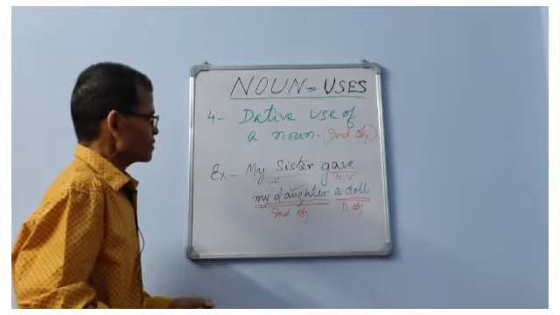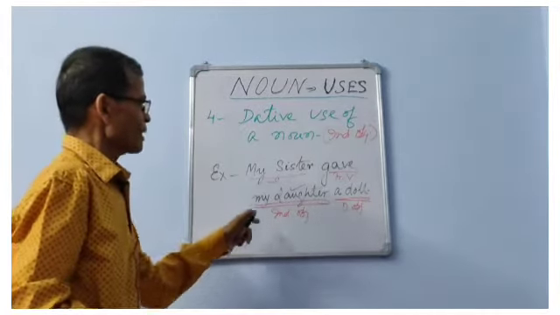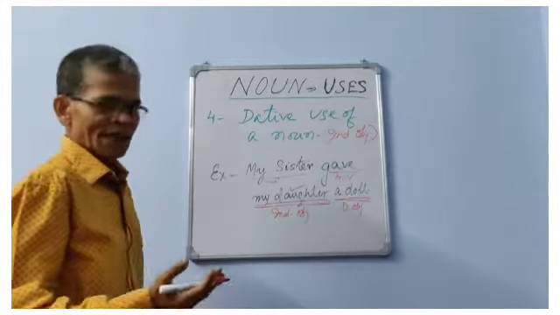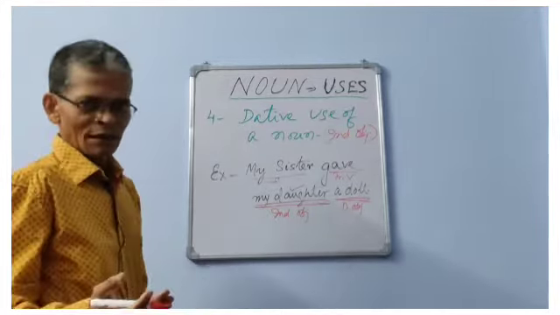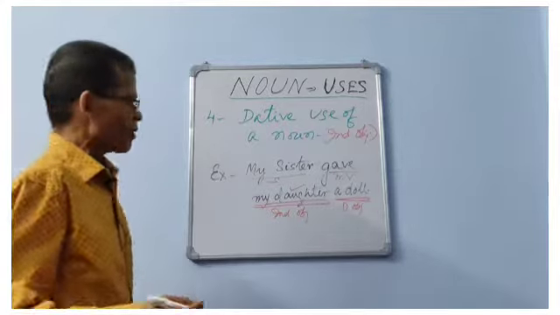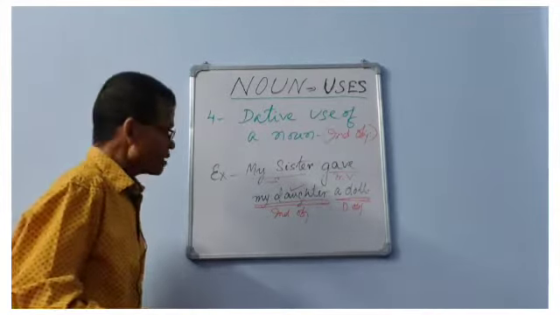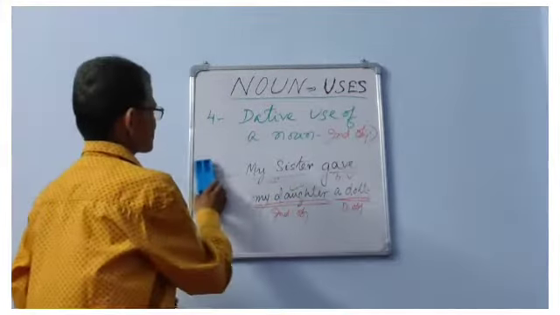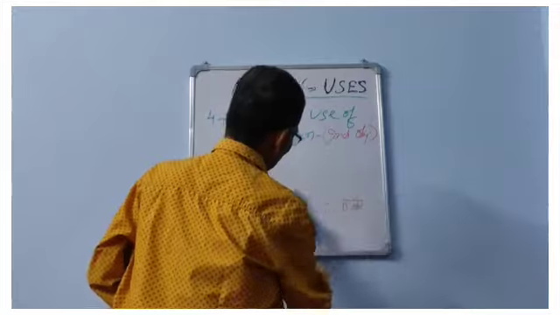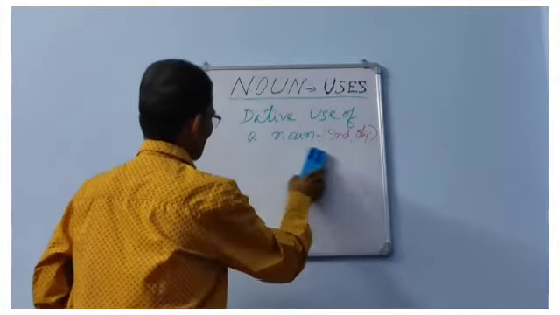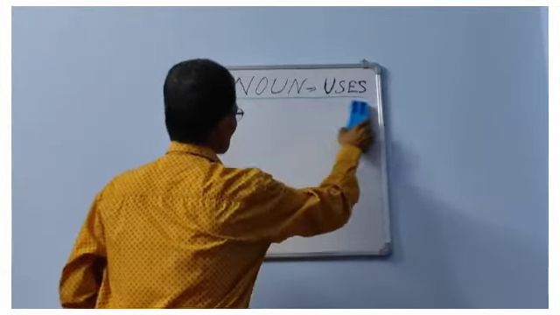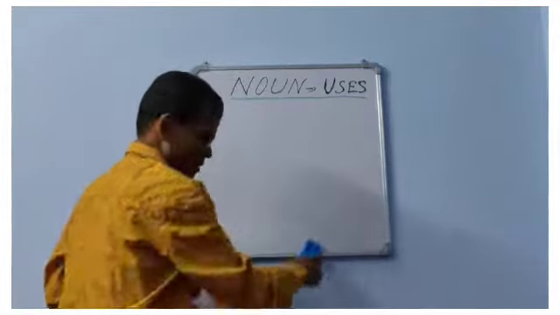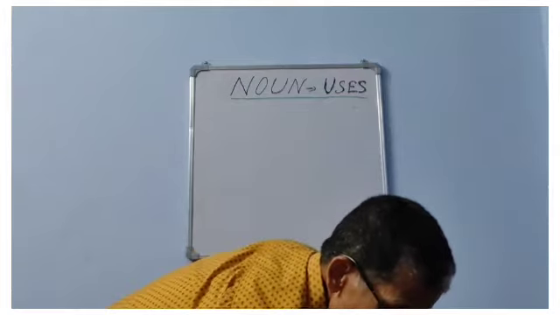Okay, now sometimes I can also write my sister gave me a doll, and instead of using a noun I can also use a pronoun as the dative use, as the indirect object of a verb. Okay, and this is about the dative use of a noun. Now let us see the next use of a noun. Next use, that is